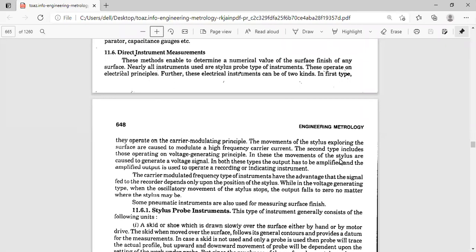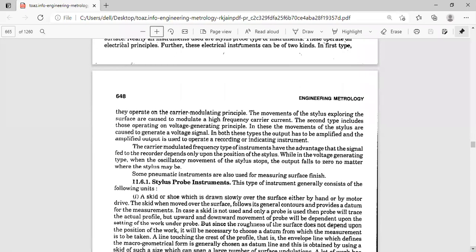So in the voltage generative type, as I told you, we try to use that in the profilometer. So the profilometer is nothing but, if you try to see a gramophone, previously I already told you, it was used in olden days for listening to sounds. So the principle of this instrument, the profilometer, is similar to a gramophone pickup. That we'll try to see when the diagram comes, or we'll discuss specially later.